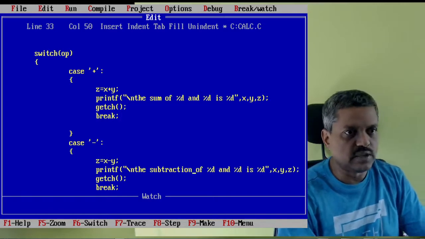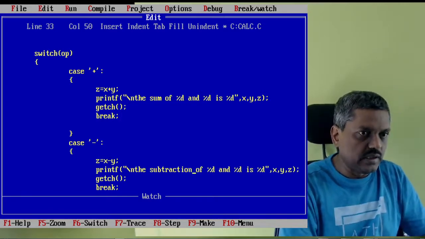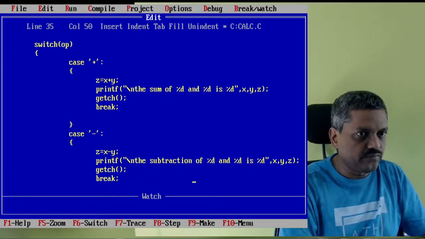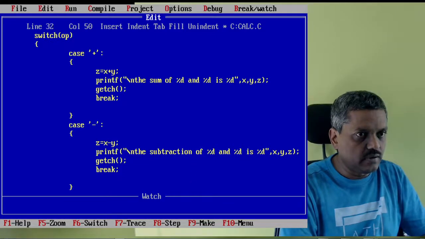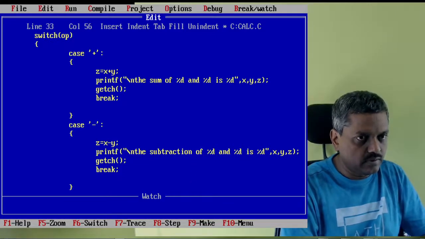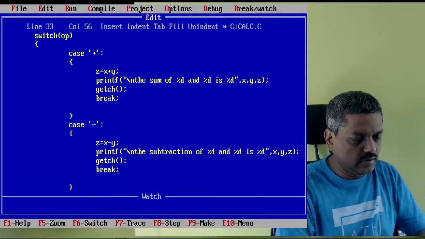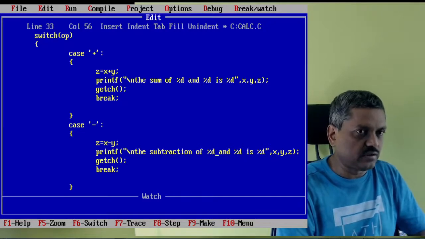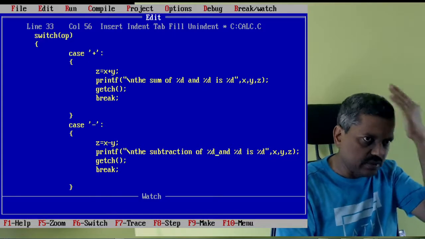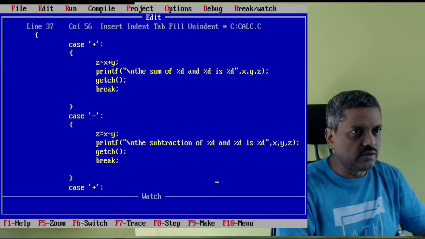Whatever you write, the subtraction or x minus y, you can say subtraction of y from x. Whatever you want you can display, there is no problem. You can simply change those values.